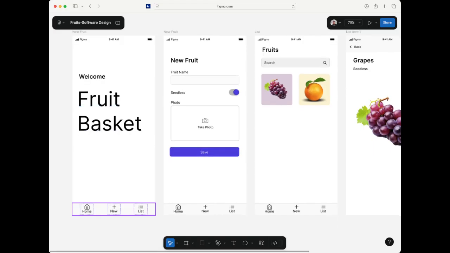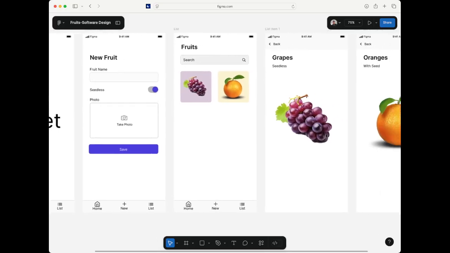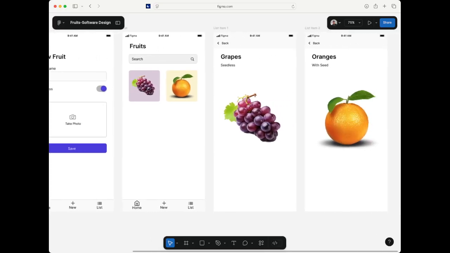I tweaked it a bit to add three navigation bars, the home, the new, and then the list. And then I also opted to make this navigation bar accessible on major screens like in the creation of the fruit, the listing of the fruit. But in the showing of details, when you tap these individual cards, they will show a detail of each individual